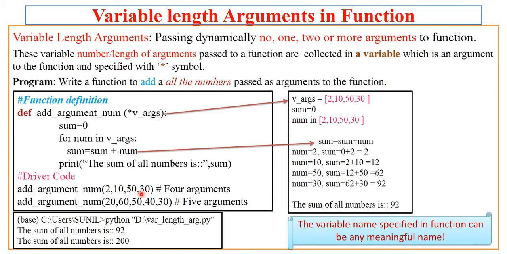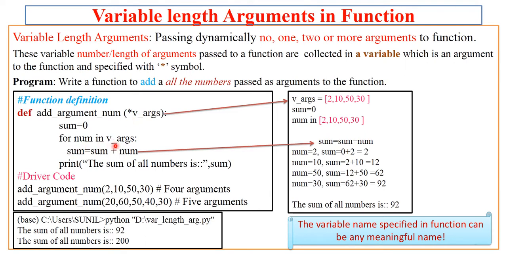So let us now focus on the implementation part. Here I have the function definition. I want to perform addition of all the arguments passed. So the question is how these 5 arguments are accommodated in the single variable. This variable is not an ordinary variable. It has a special meaning given, as this variable is preceded with the asterisk symbol, that is star symbol. So let us now focus on the actual working of the function. Here I use one variable sum which I initialize to 0 so that I can collect the sum of all the arguments passed to this specific function.